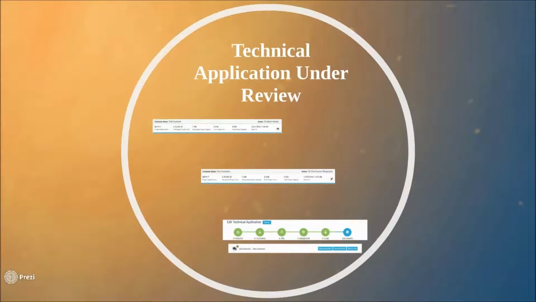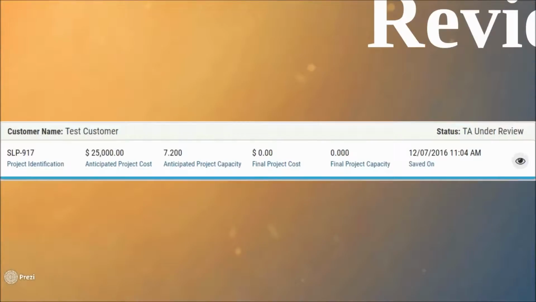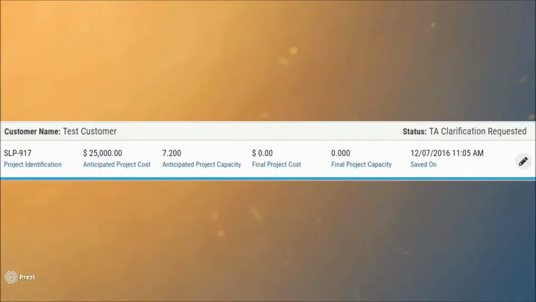Once an application is moved to TA under review, it enters our queue. MassCEC will review applications in the order that they are submitted. Review times are generally between 3 to 5 business days. If an application has inaccurate or missing information, it will be moved to TA clarification requested. Some examples of why an application could be pushed back to this status might include missing or incomplete documents,